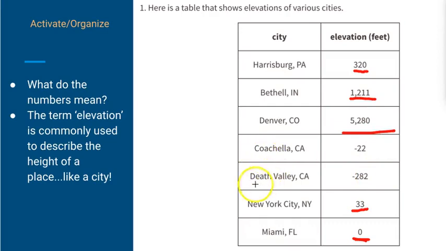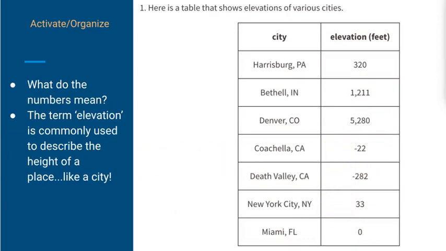Yeah, with Coachella, California, and Death Valley, California, where they're at, that land is actually lower than sea level. So if it was closer to the sea, these would definitely be underwater. But since they're far enough inland, and there's a coastal area that is at least at sea level or higher, these places actually exist below the 0 of sea level that would keep them from being underwater, or would actually make them underwater if they were at the coast. All right, so